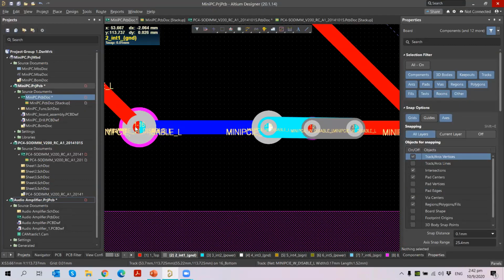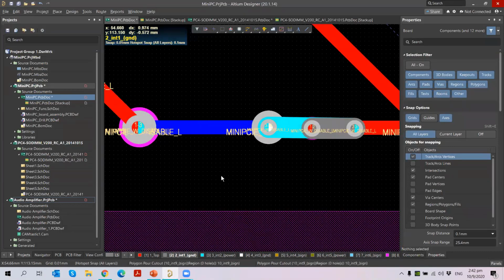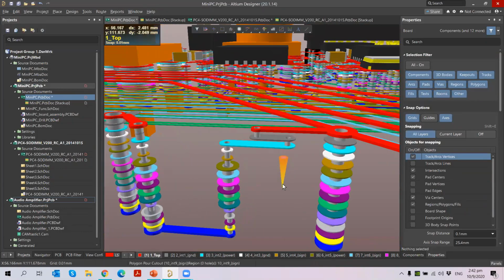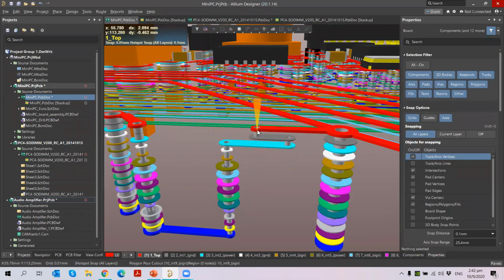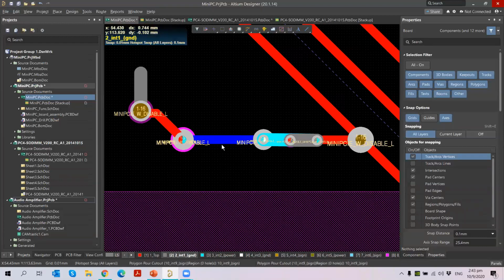Similarly, if you want to stagger your skip via also, you can hold the control key and try to move. Okay, so you can do this here. And then if you want to see in 3D view, so I press 3D, you will see here they are staggered nicely for you. Okay, so 1 to 2, 2 to 3 are staggered away from it. So this is how you can stagger them from your HDI stack up. Okay, so I will just go again. So we have seen how to use your microvias in your routing.